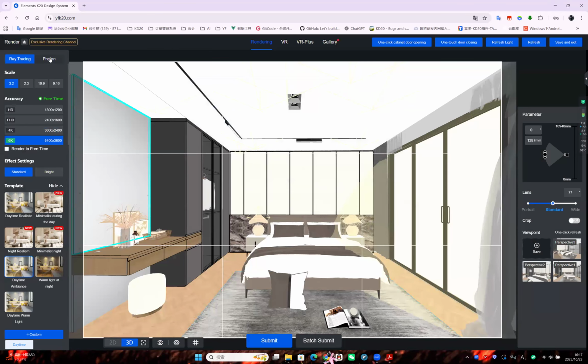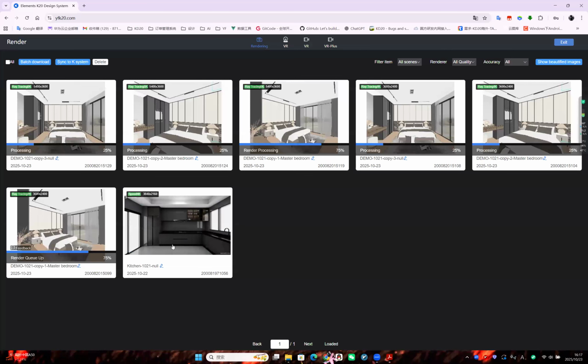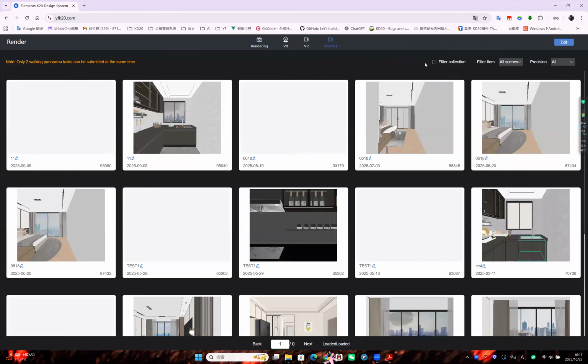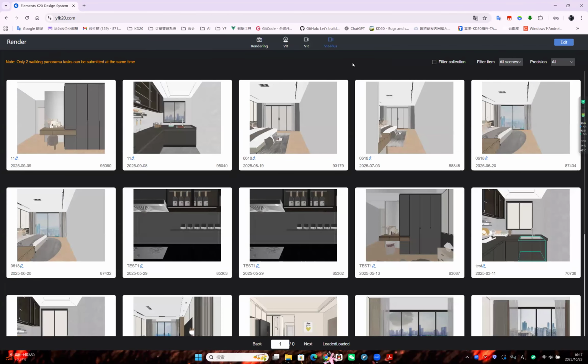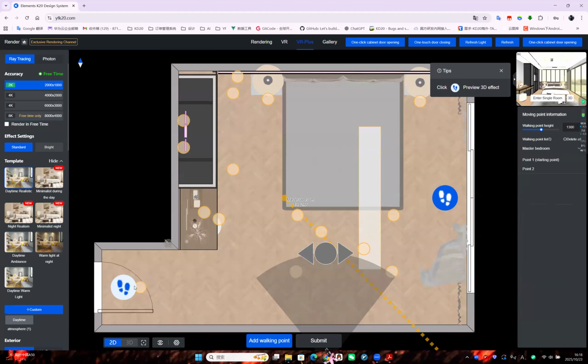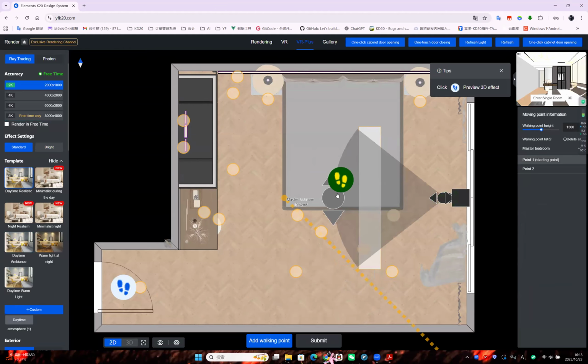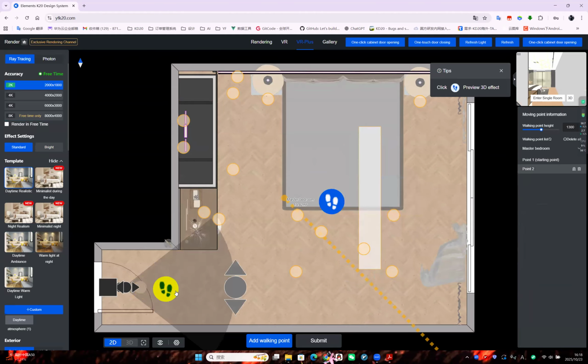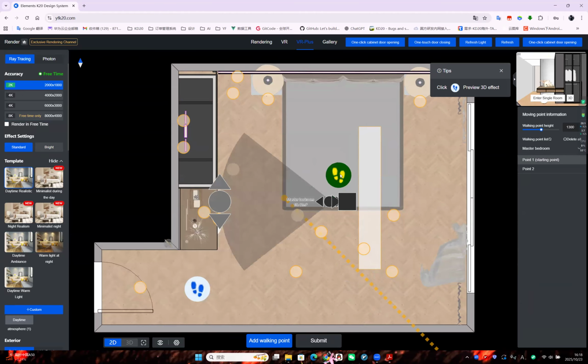Okay, and then we can see the effects. They are rendering. Okay, and then we go to the VR plugs. In here, we can see there are two angles. We can move this angle to the center of the room. And the first angle, we can go to here. We move to here. And the second angle,